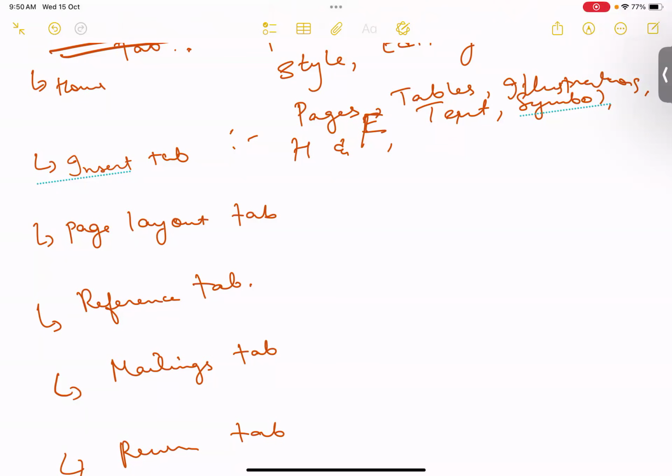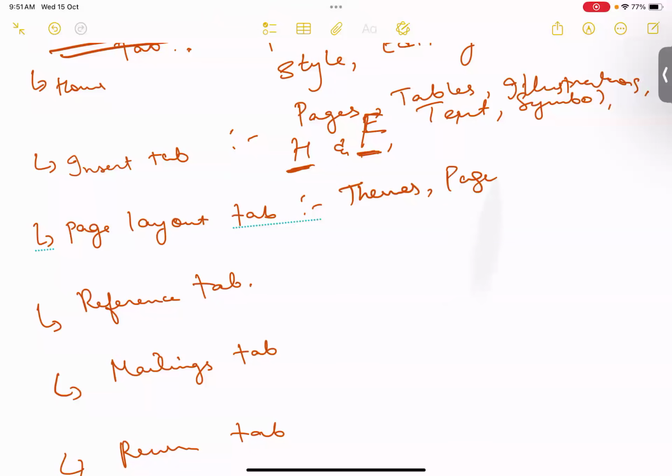For example, you're writing a book called basics of computer, and you want the topic basics of computer printed at the top of each page. So you can do it through the header, okay? So the header and footer function is that, on the top of the page or on the bottom of the page, right? So page numbers and the title of the document are things that we usually include in the header and the footer, okay? Now, if you look at the page layout tab, you will see things like themes,